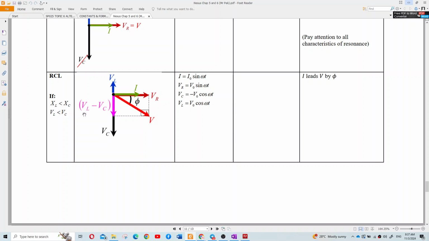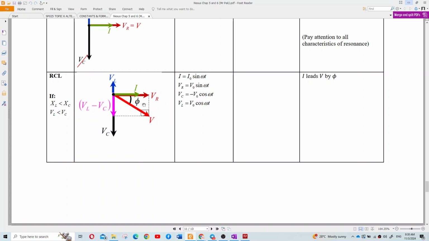No, this is actually VC minus VL. I'm sorry, there was a mistake. VC minus VL downwards. Or VL minus VC, it becomes negative, so negative downwards. Like that, because VC is bigger. So this one and VR, by Pythagoras theorem, we get